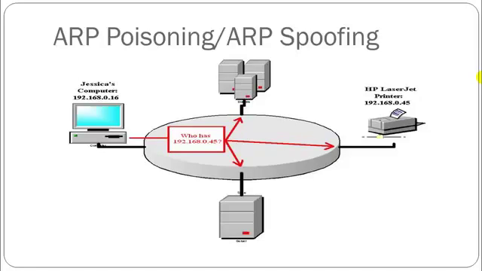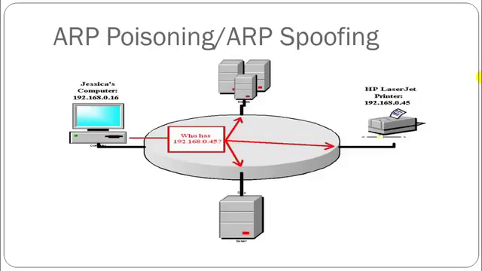So here's an example of normal ARP communication. Jessica is a receptionist in a good company, and she tells her MS Word to print the company's latest contact list. This is her first print job today, and her computer has the IP address 192.168.0.16. She wants to send the print job to an HP LaserJet printer, and the IP address of the HP LaserJet printer is